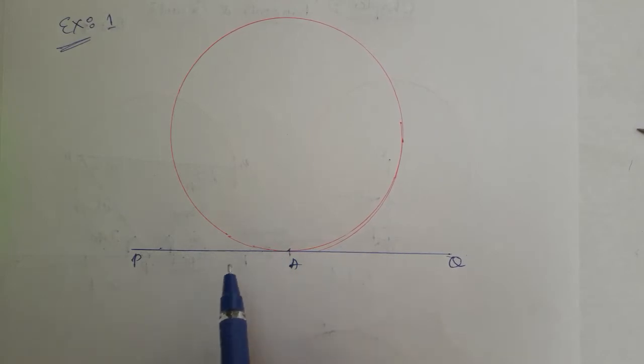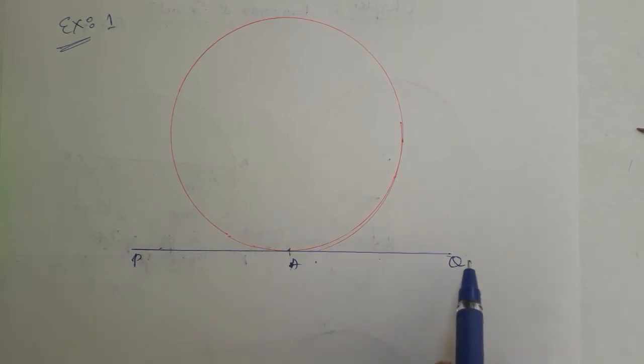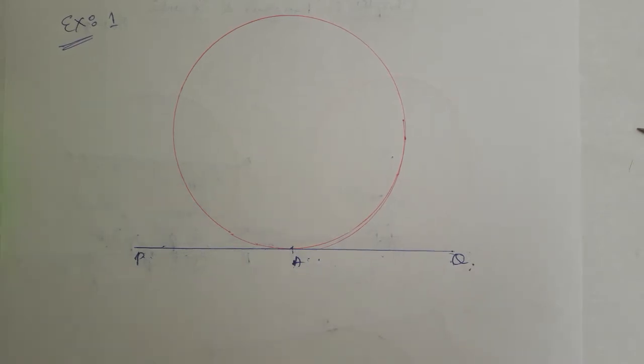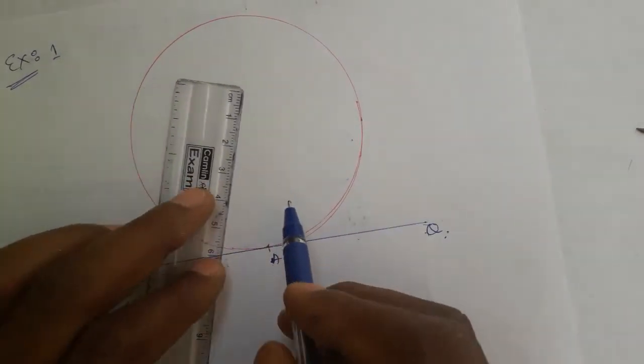When we go for length, PA separate, AQ separate. These two are different because PA is drawn from point P, QA is drawn from point Q. Therefore QA and PA both are tangents, but they are different in length. At A,